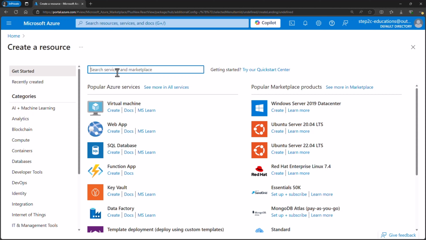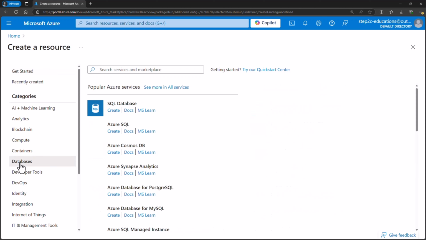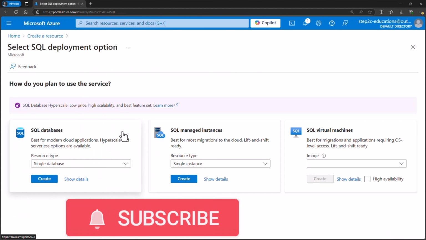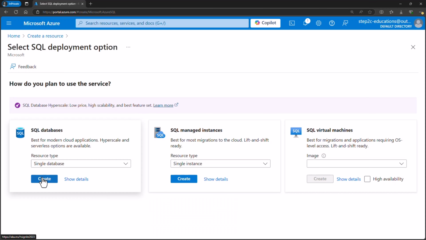Now we are going to create a database service. So we could select the category database, and you could see we have SQL. Let's click on create. Now you could see there are three options. I'm going to use SQL database, but if you want to use SQL Server or your SQL database to migrate